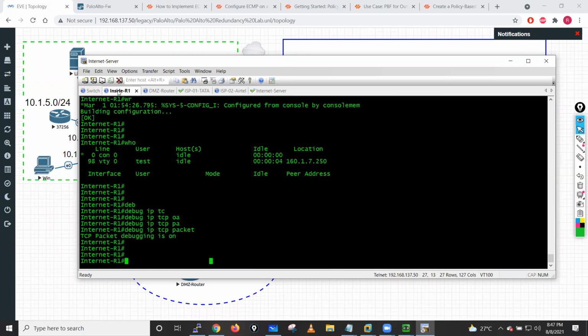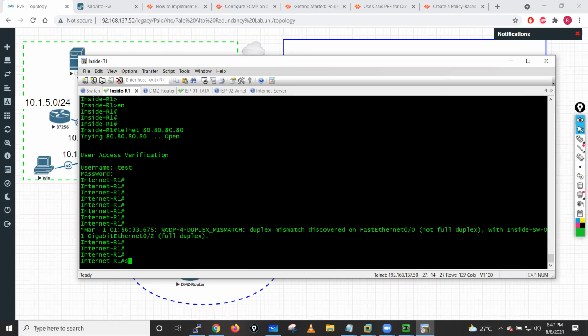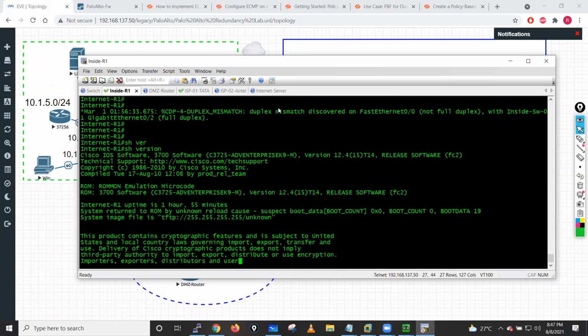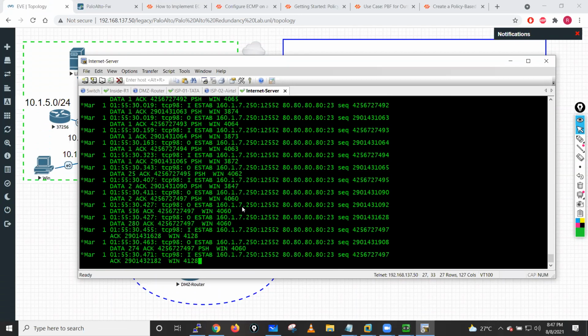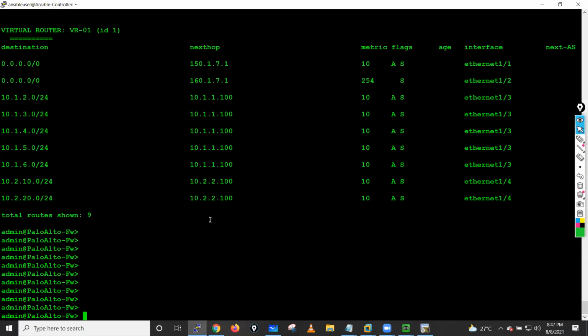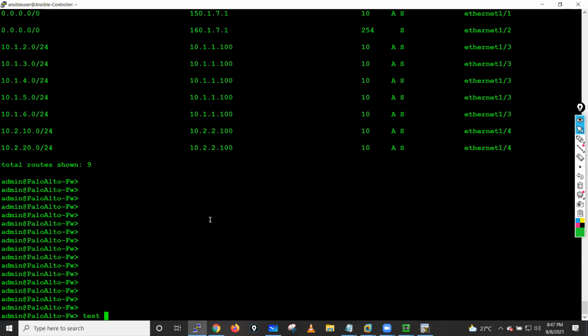if I go into this router and run any command, like let me just run show version, you will see the debugs actually here. Traffic is coming from this one, 161.7.250, and just go into this router. If you run this command, test,